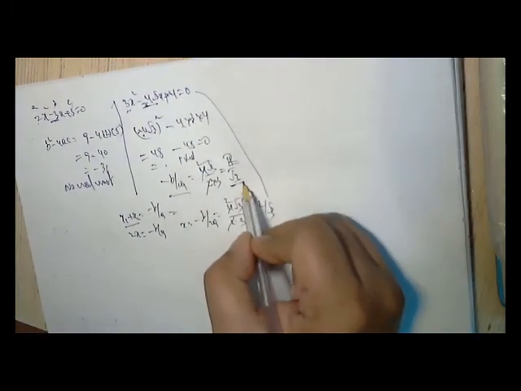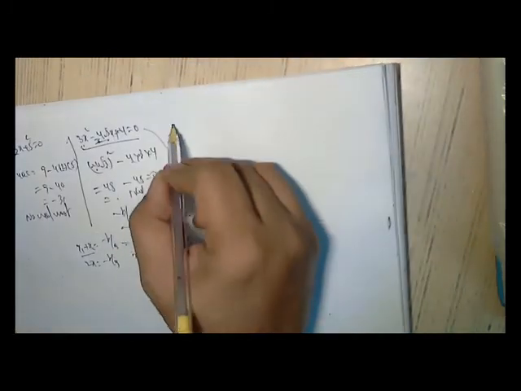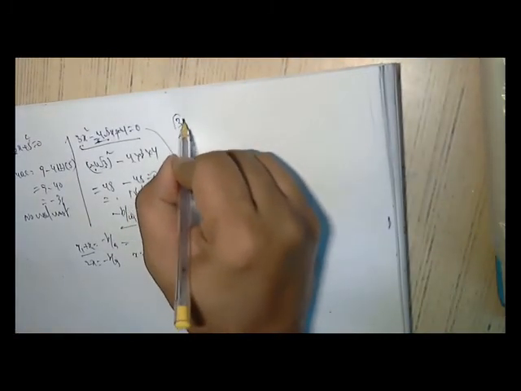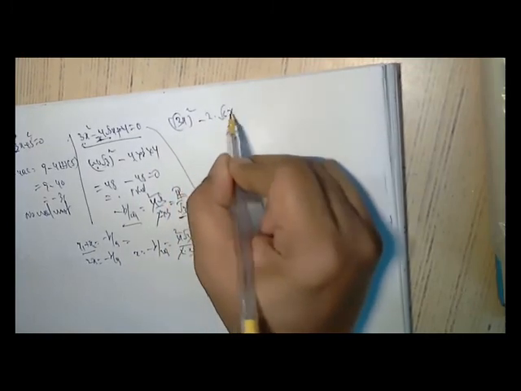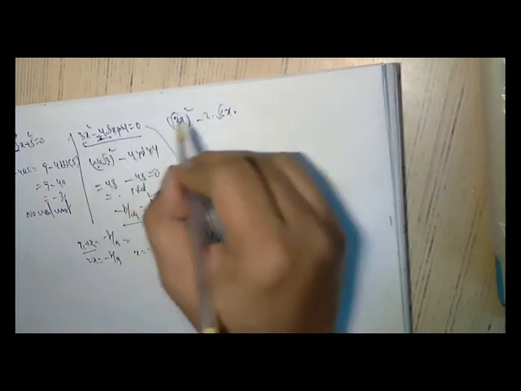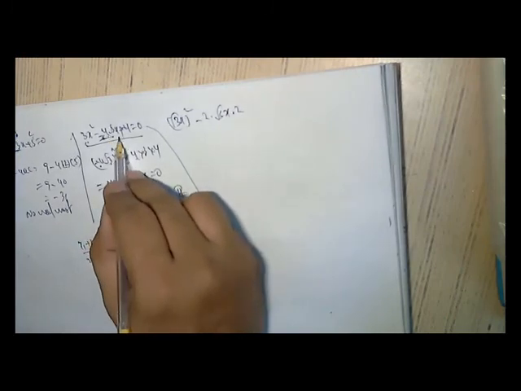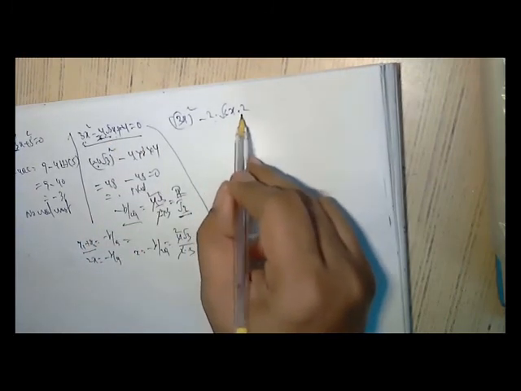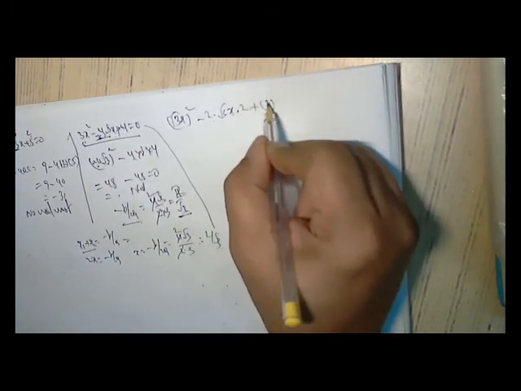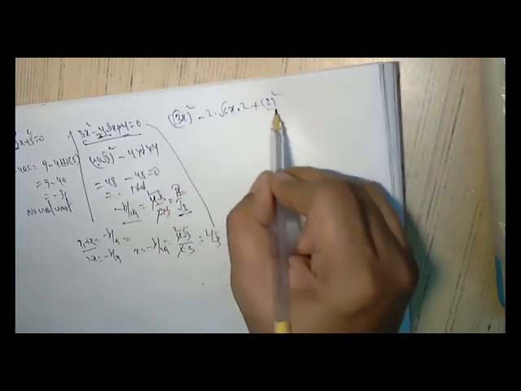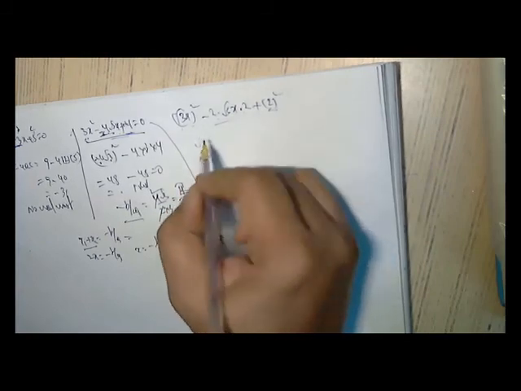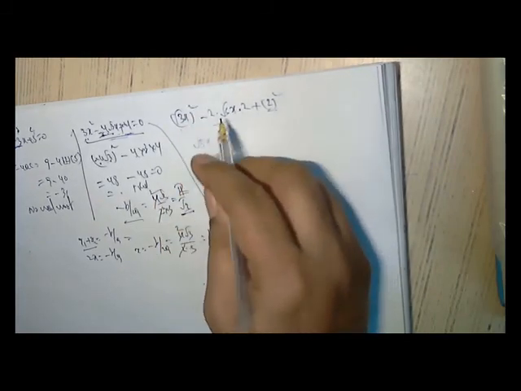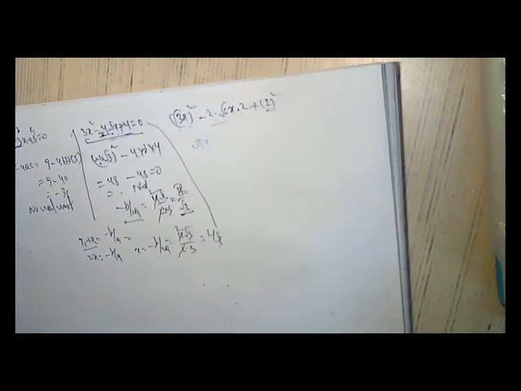We have one root. If you see here, (root 3 x) whole square minus 2 into root 3 x into 2, because 4 root 3 x is 2 root 3 x into b, which is 2, plus 2 square. 2 square is 4, 2ab is the same. So this is (a minus b) whole square, that is (root 3 x minus 2) whole square.